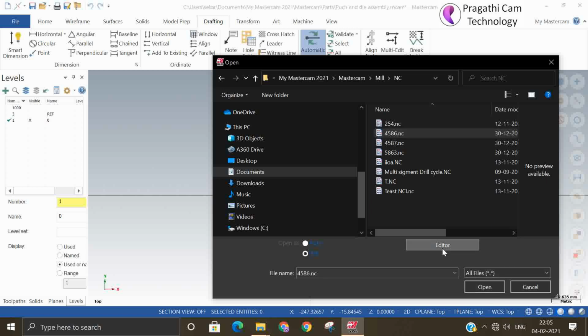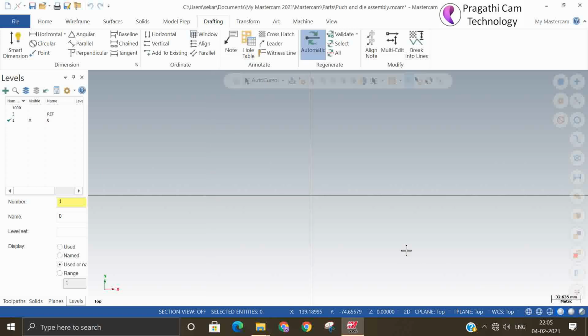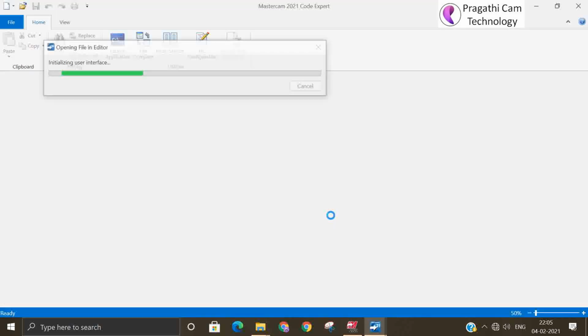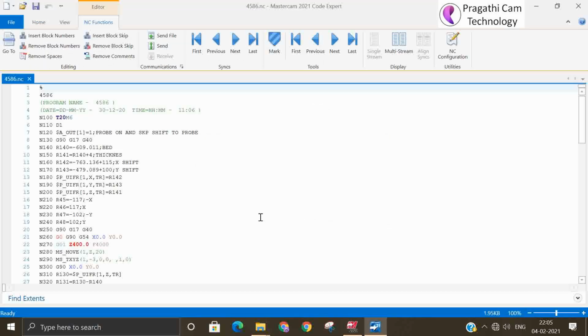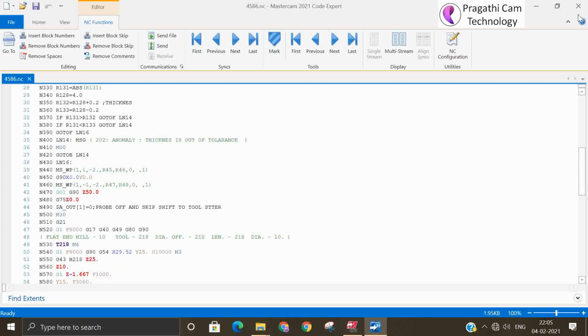Editor also you can change, what editor you want to open and see. Notepad or Mastercam editor. Select it, just editor. Select it and open it. So now this file is opening in the Mastercam editor. This is the file open with the editor.